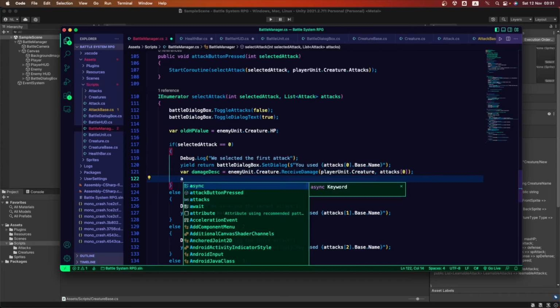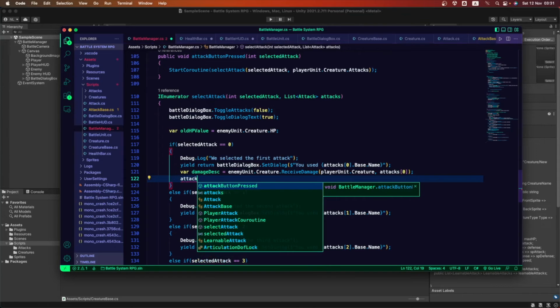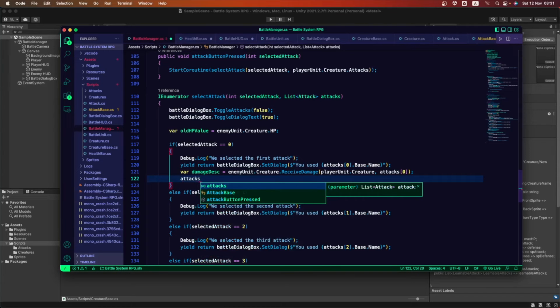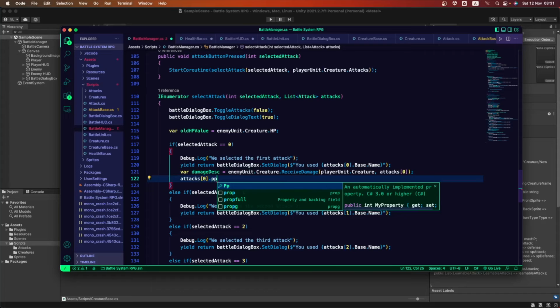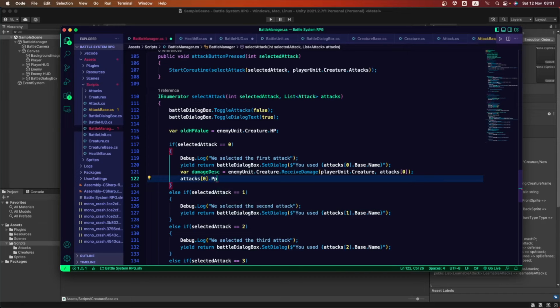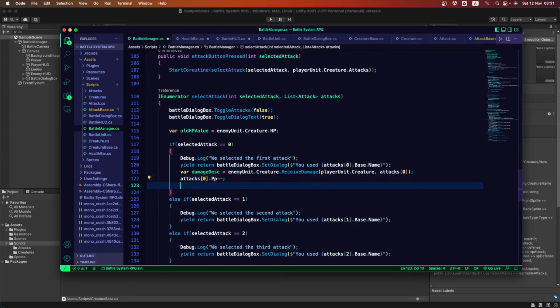We also want to reduce the power points of that attack. Let's go into the first attack, and that attack has a power points value, and we can subtract. This makes the subtracting formula result.